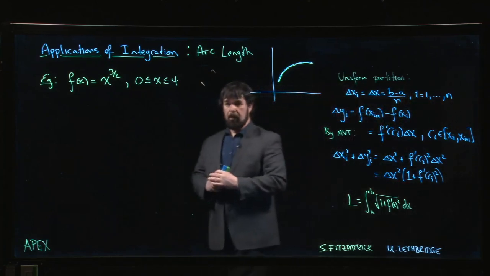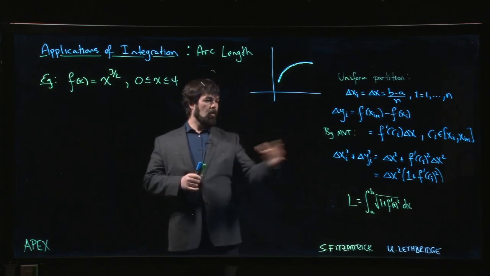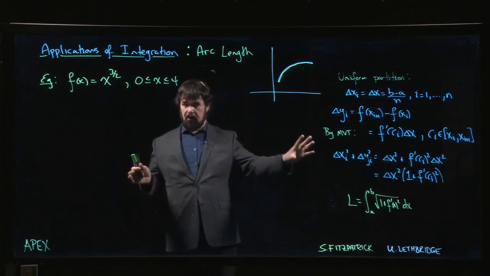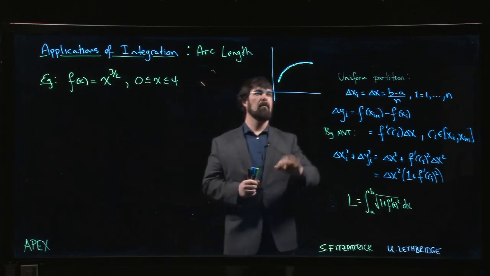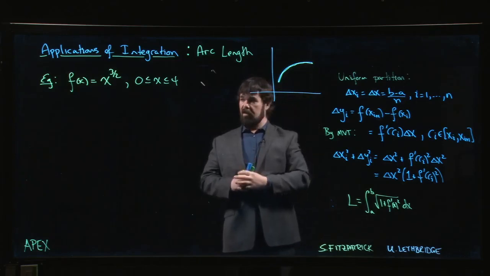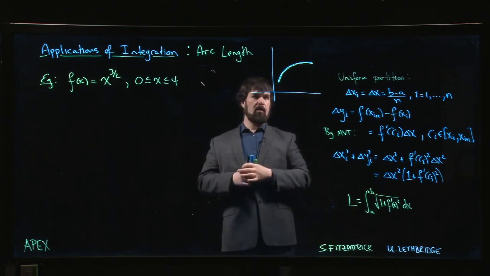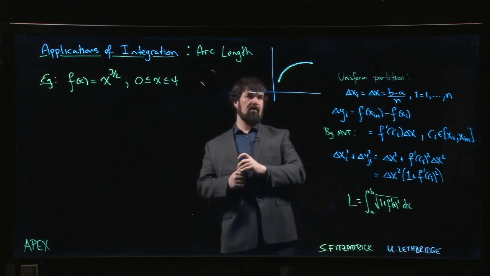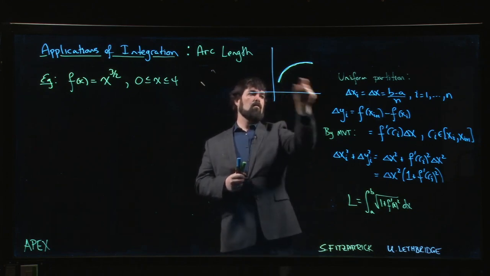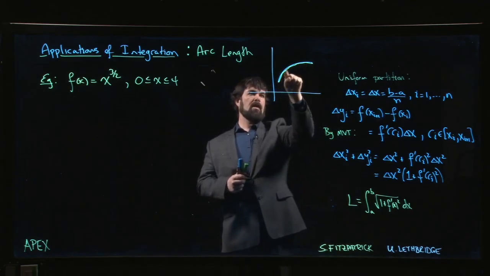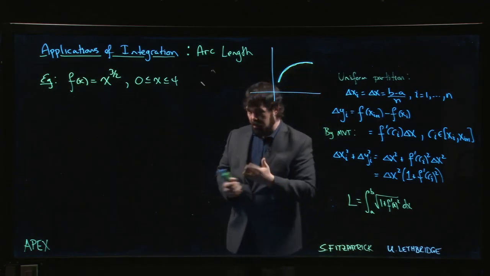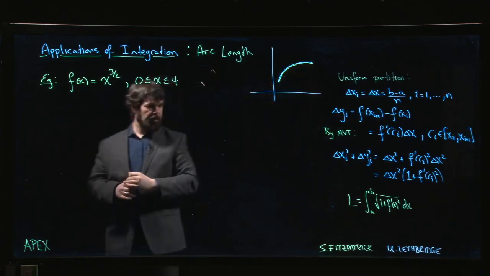So we're going to look at an example calculating arc length. Over here we still have that setup from the introductory video, right? The idea being that if we want to calculate the length of a curve, which is not something that we technically know how to do, we know how to calculate lengths of line segments. Well, if we split our curve up into little line segments that are approximately the same as the curve,